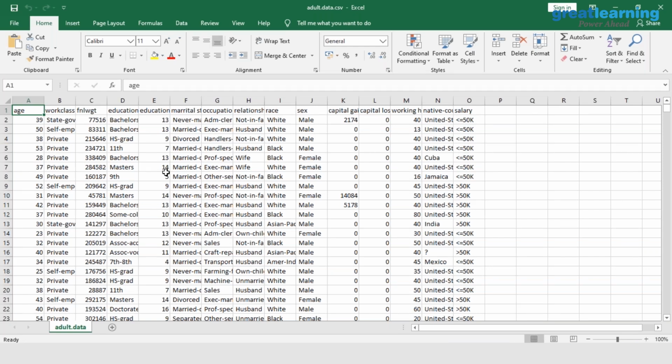The objective of this data set is, based on these independent variables, you are expected to predict whether the salary would be less than equal to 50K or it will be greater than 50K. So all these variables will work as independent variables. This is a dependent variable. As the dependent variable class is binary, we are using logistic as one of the techniques.